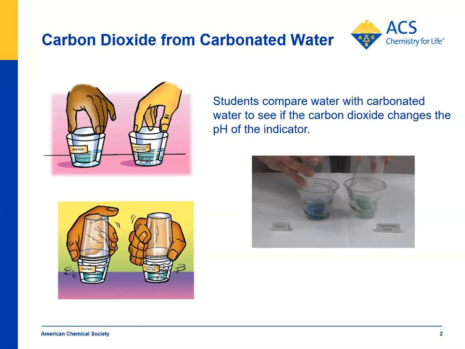Now we don't let the carbonated water go into the inside cup with the bromthymol blue, but we have the gas that's produced from the CO2 go into that inside cup and change the solution from a blue to a greenish. And students know that that means the solution is more acidic.